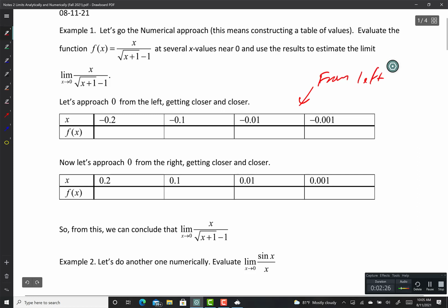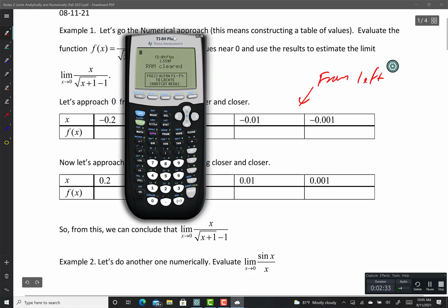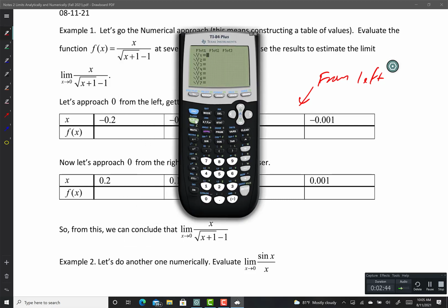So here's how I type this in. I take my calculator. So I have a TI-84 at the moment. I don't know if you guys can see that. I'll have a bigger calculator hopefully by the end of the week. And I'm going to push the y equals button. And how do I get a fraction in there? So all the 84s should look like this. I get a fraction by pushing the alpha and then the y equals button. And I'm just going to type in x divided by,